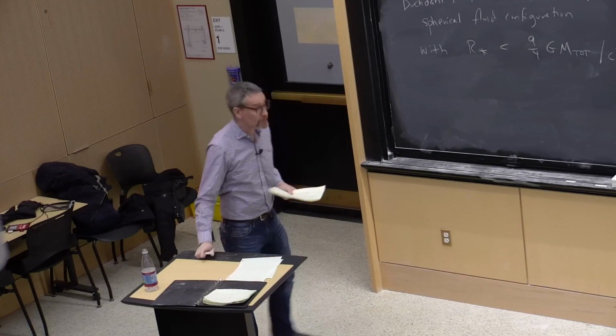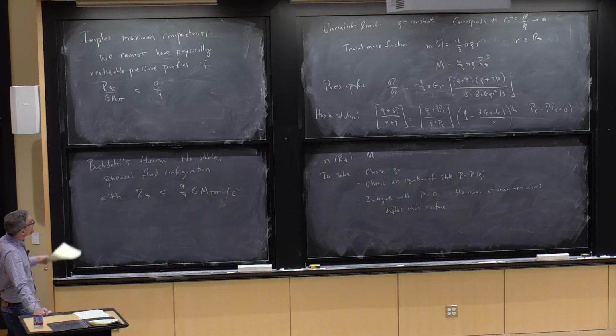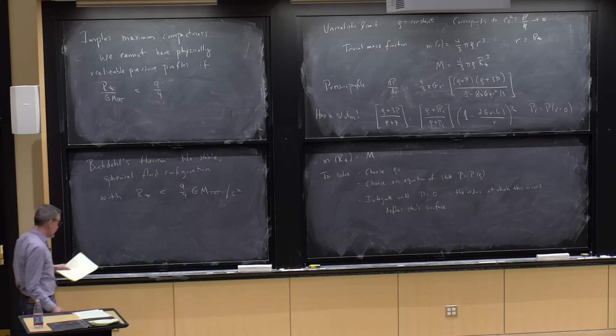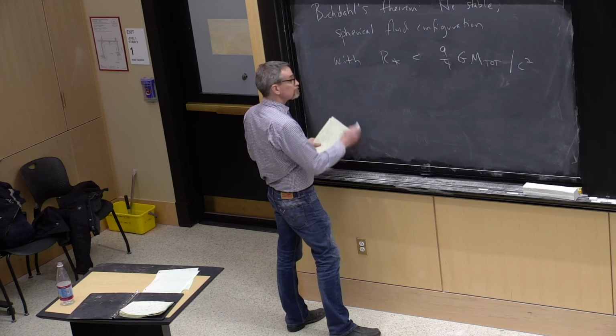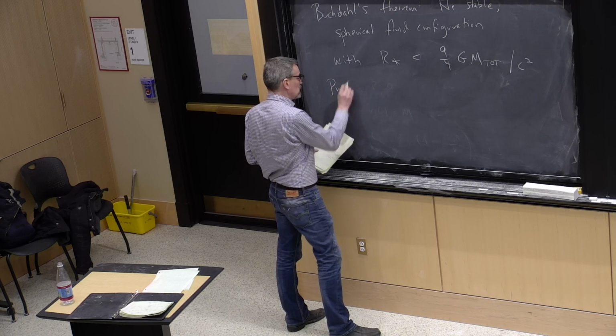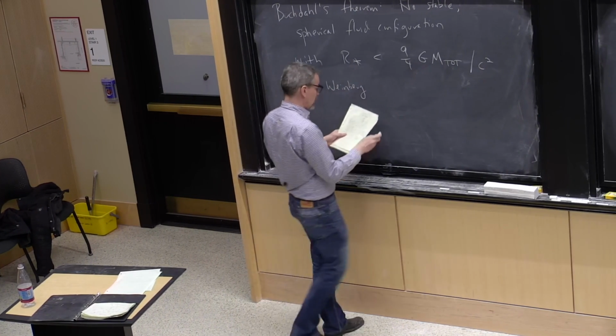Okay? And this tells you something that you can convert to SI units, which tells you how small you're allowed to make an object. You can prove this for, so this is clear, it emerges very nicely in this idealized but unphysical fluid limit. But it can be proven more generally. You just have to make a few assumptions about the way that the pressure profile is not singular in any place. Proof of this can be found in the beautiful old textbook by Weinberg,